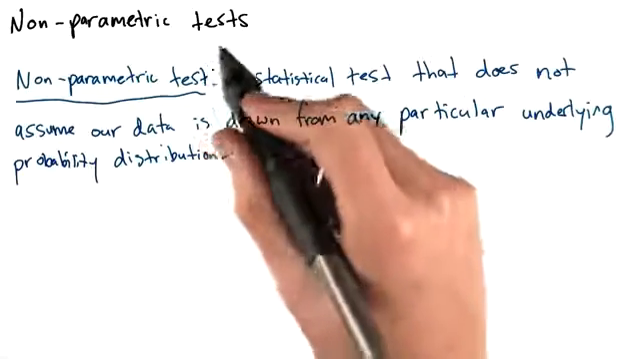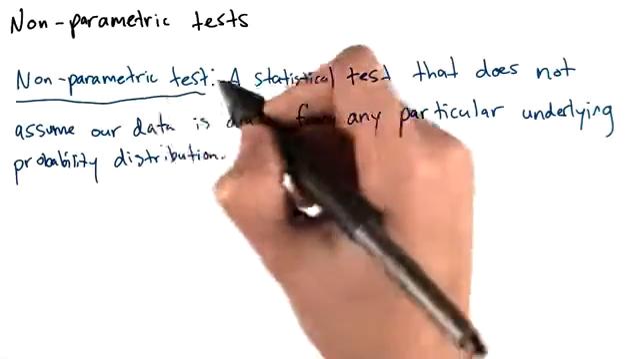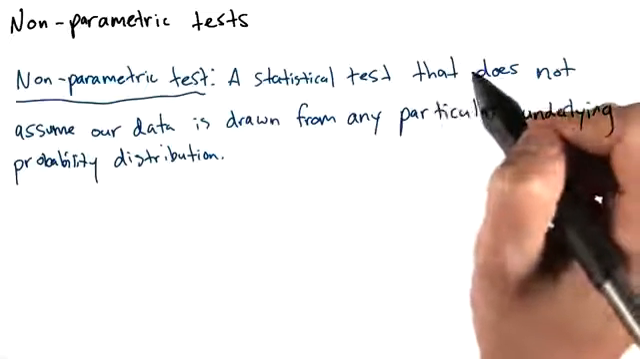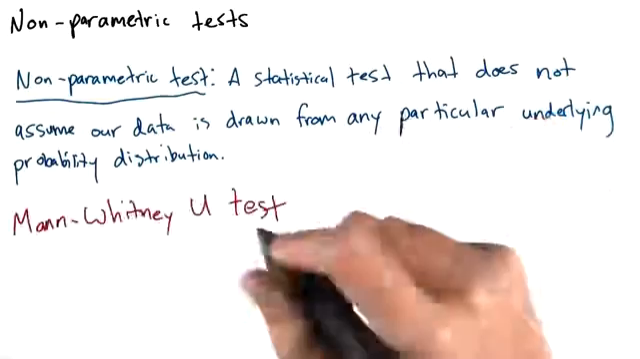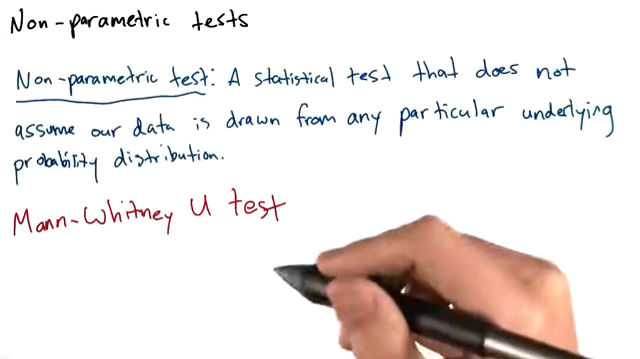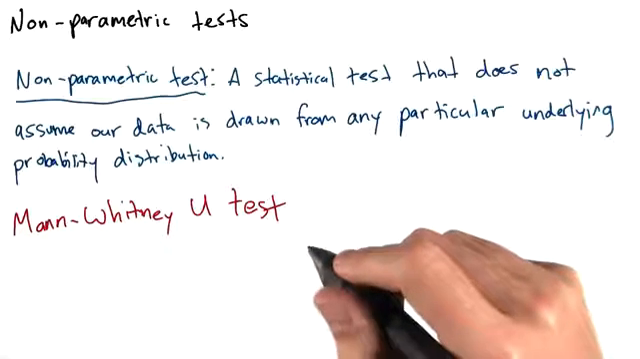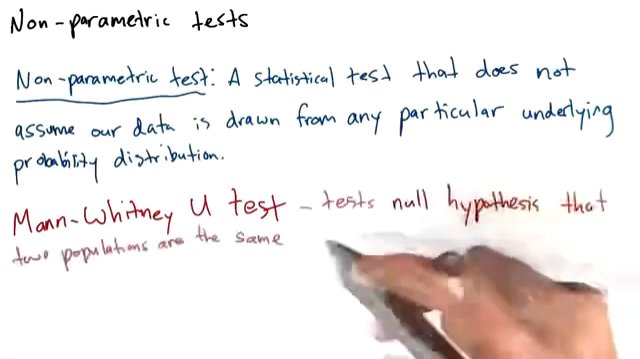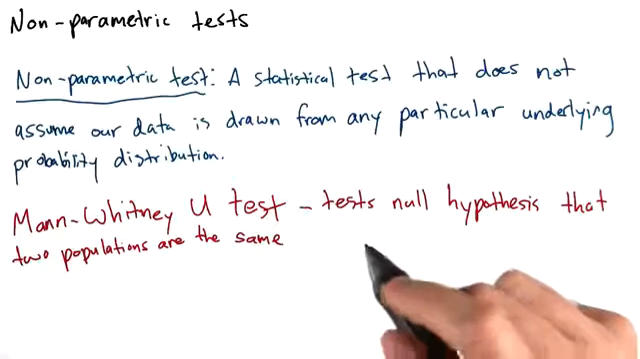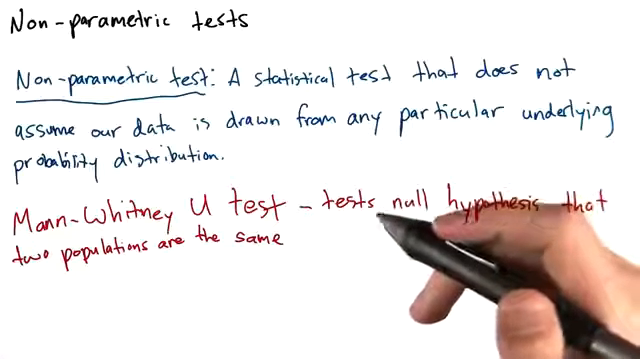But there also exist non-parametric tests that we can use to compare two samples. A non-parametric test is a statistical test that does not assume our data is drawn from any particular underlying probability distribution. One such test is the Mann-Whitney U-test, which is also sometimes referred to as the Mann-Whitney-Wilcoxon test. This is a test of the null hypothesis that two populations are the same. Again, I don't want to go too in-depth into the theory of how this test works, but I did want to tell you that things like this exist and show you that this test can also easily be implemented in